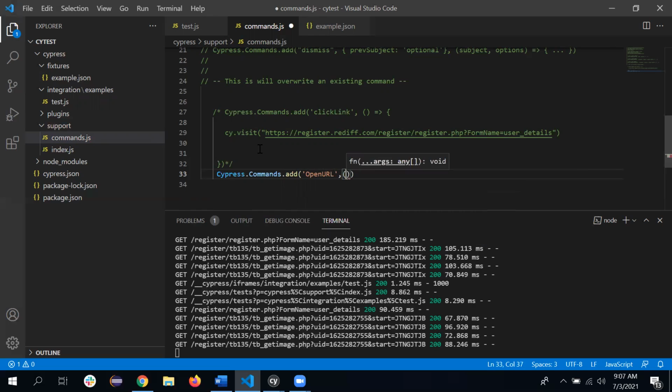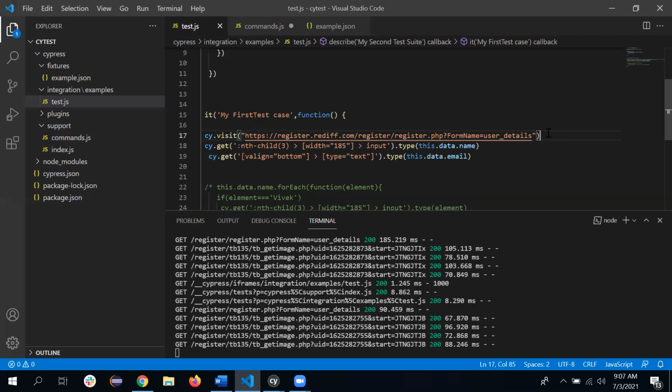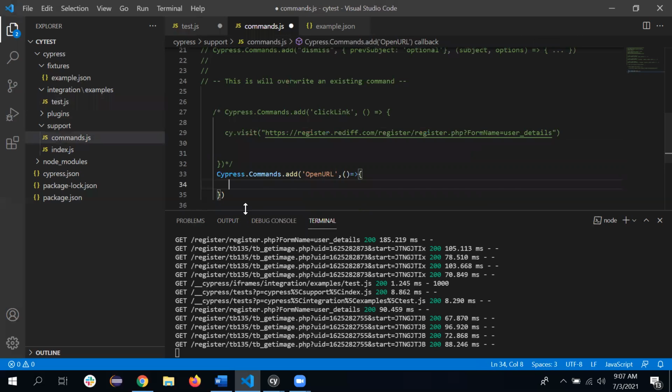That is the syntax. We need to make an anonymous function in JavaScript, with brackets open and close. So whatever is present inside that bracket is available under the name of the openURL command. In our case, we just cut this cy.visit line and paste it inside this command.js. That's all.